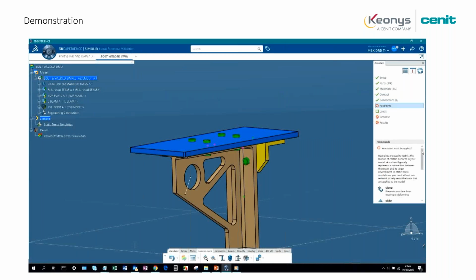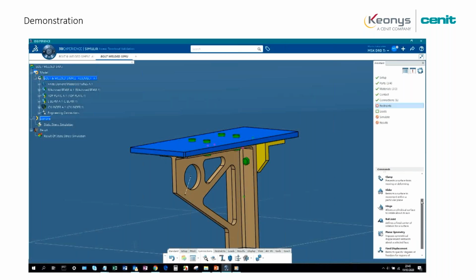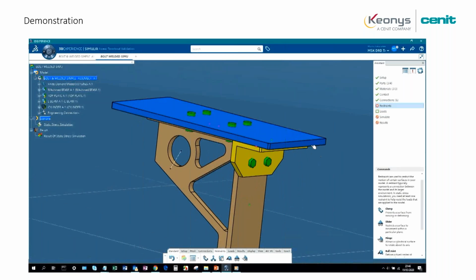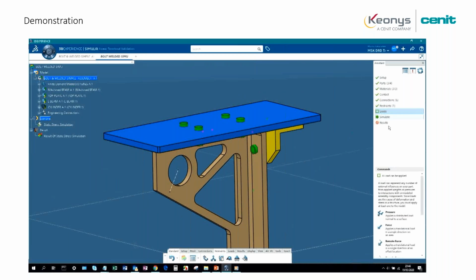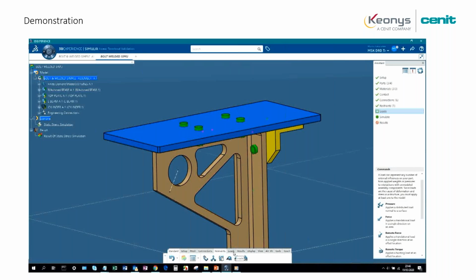Then you need to create the boundary conditions and, of course, the loads. The boundary conditions here will use a clamp on one side, and you can also create sliders, bolt joints, hinges, and several kinds of connections on the parts. Once you've done the restraints, you select the loads you can apply on the model: gravity, centrifugal loads, forces, pressure, remote forces, remote torques, quite various capabilities in terms of loads.